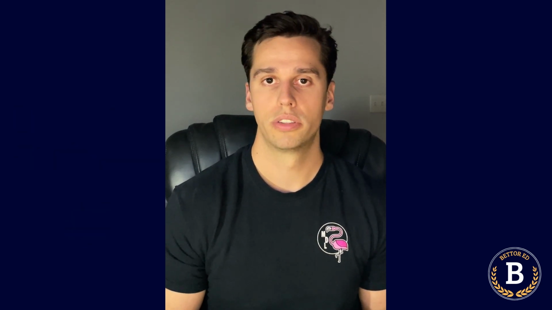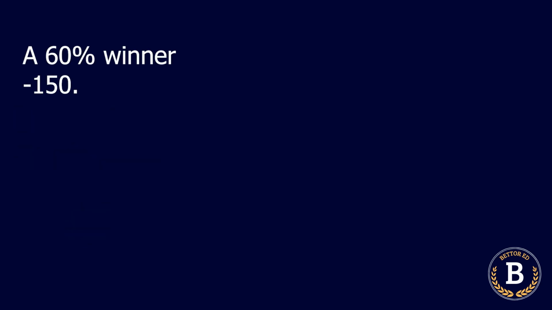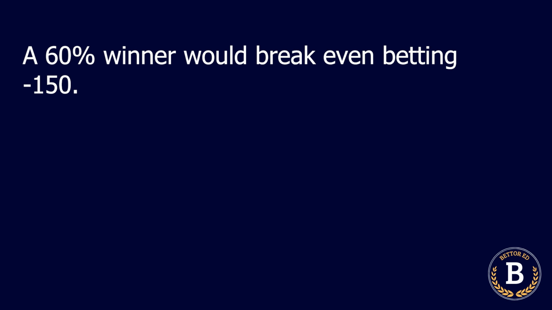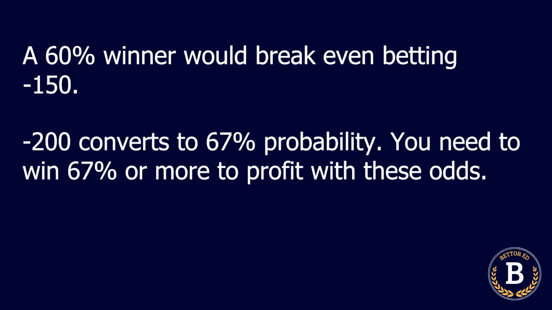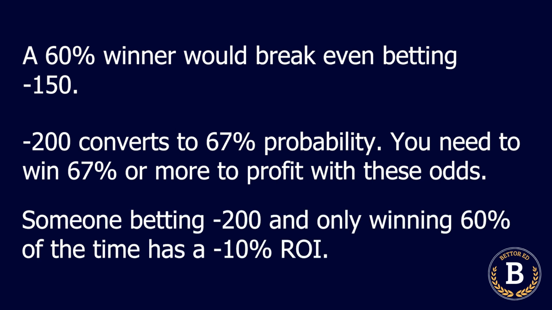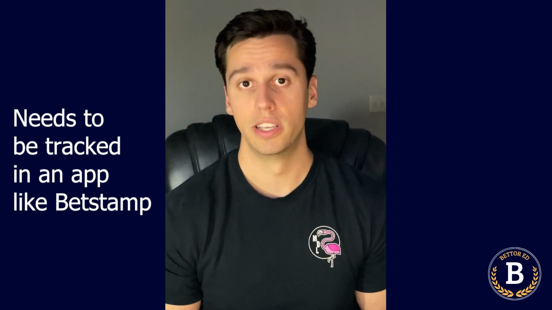If someone reports that they win 60% of their bets, but you find out their average bet is at minus 200 odds, it's not really impressive. Minus 200 translates to a probability of 67%. So if they're winning at 60% when they should be winning at 67% to break even, they're losing bettors. So if you have someone's record or their win percentage, then you should also take into account the average odds that they're betting at. If you don't have that, then ROI or return on investment is a good indicator.